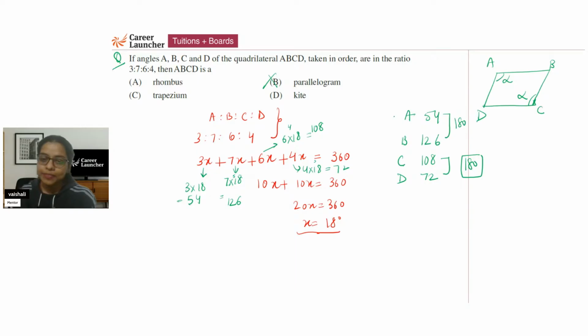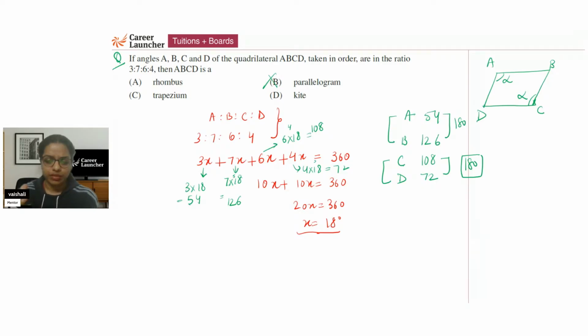Can I say कि angle A and B are forming supplementary angle as a pair? कोई भी दो angles जिसका sum 180 होता है, they are supplementary. And the same goes with C and D. The sum is 180, so you will say it is supplementary. So you will say that AB is parallel to CD. Right? इस केस में हम कह सकते हैं,